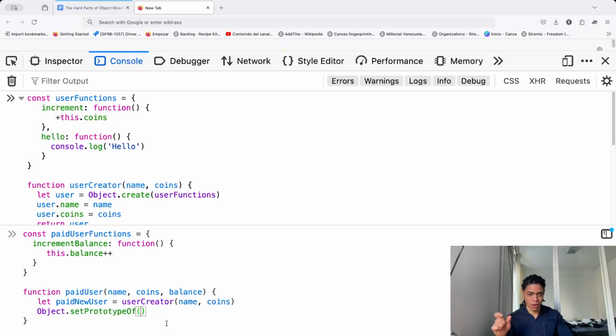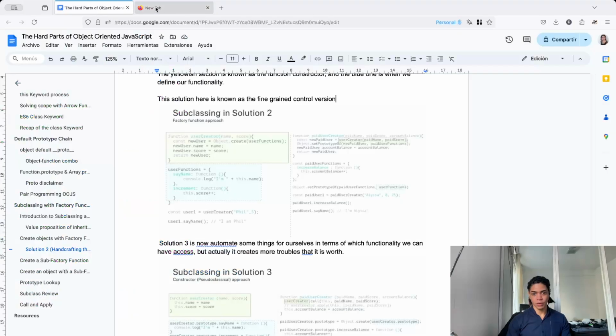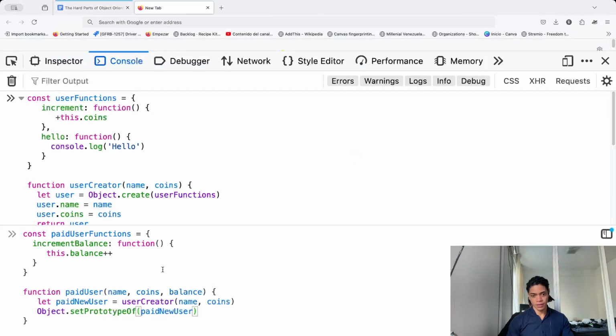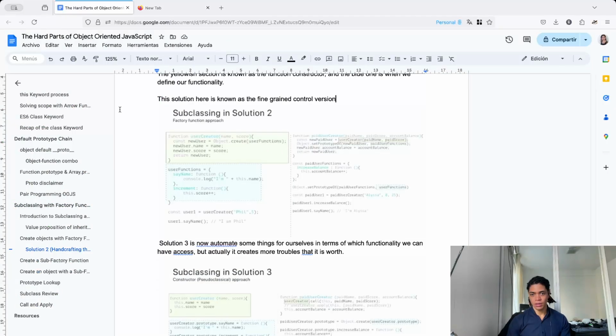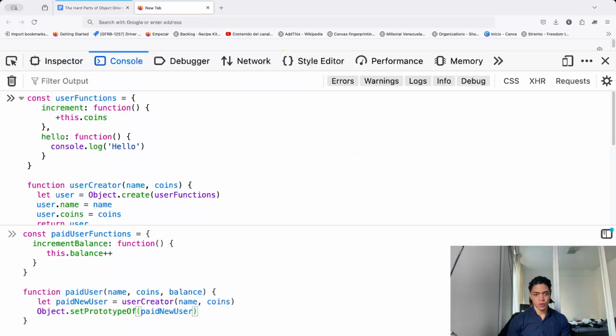I want you to now make the reference from this pay user, pay new user. So you're going to take a look at the proto of this object. Perhaps the order here is quite different, but you're going to take a look at these new pay users that have a reference to this base functionality, okay,